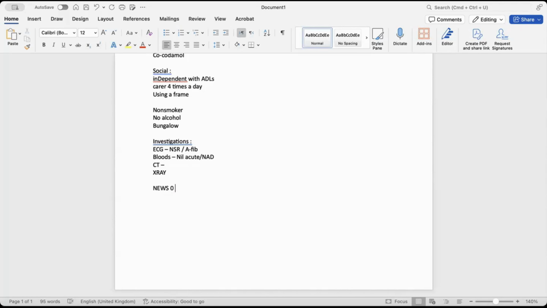Usually people with fractures or query fractures, the NEWS score might not be 0 because they're in pain, and pain does put a score in the NEWS score. Well, anyways, NEWS of 0. And then after the NEWS, we write our own examination. So we've seen this patient. In A&E, it's always important to write if the patient's alert or not and their GCS score. So alert,